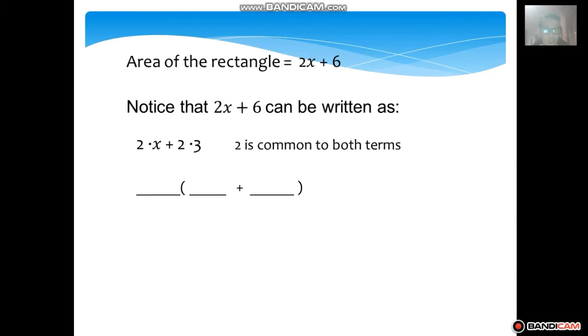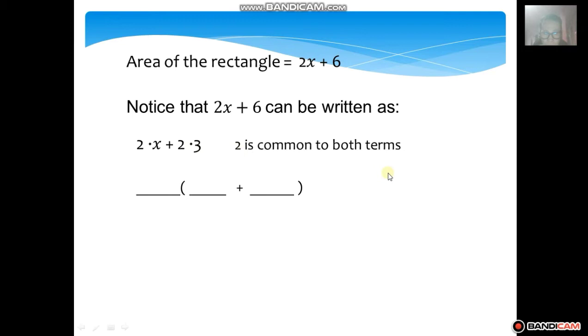Using the area of the rectangle 2x plus 6, notice that 2x plus 6 can be written as 2 times x plus 2 times 3. So what we did here, guys, is we factored the first term, and the factors are 2 and x. With 6, the factors are 2 and 3. Notice that the common factor is 2